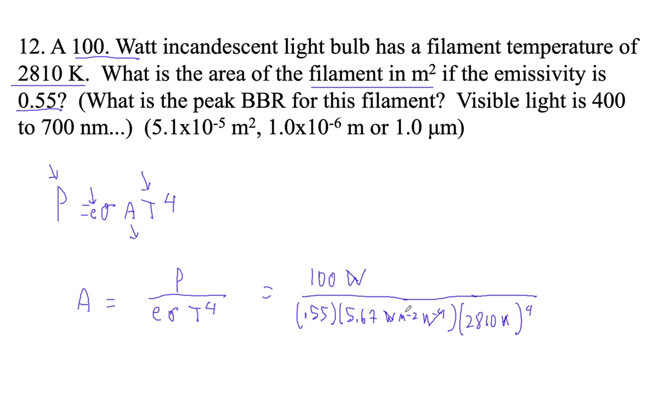Okay, so 100 watts divided by left parenthesis 0.55 times 5.67e-8 times 2810 to the fourth, right parenthesis. So we're dividing by all those things, right? And that's 5.143 times 10 to the minus fifth. So it's equal to 5.14 times 10 to the minus fifth